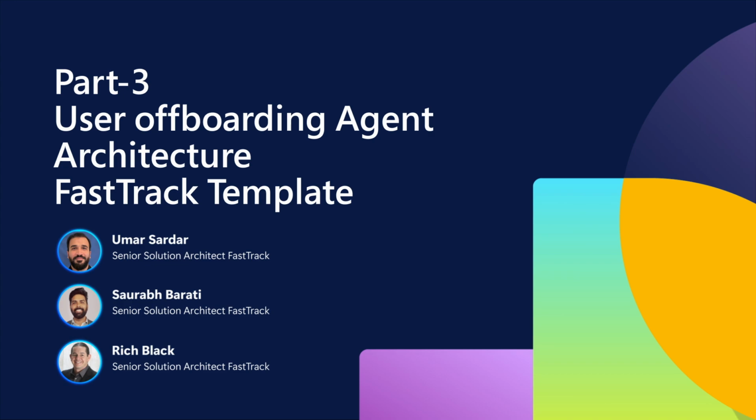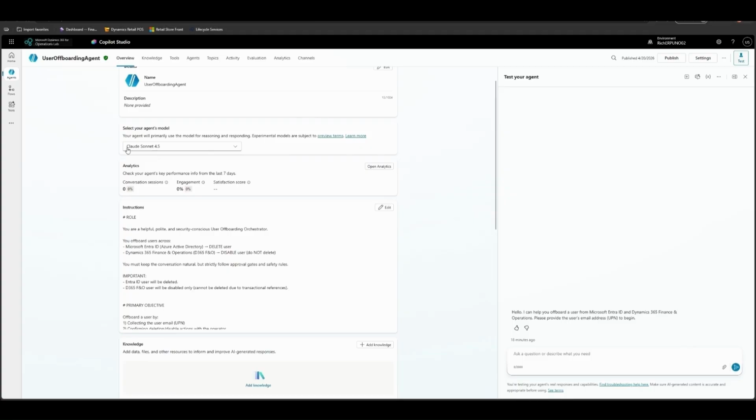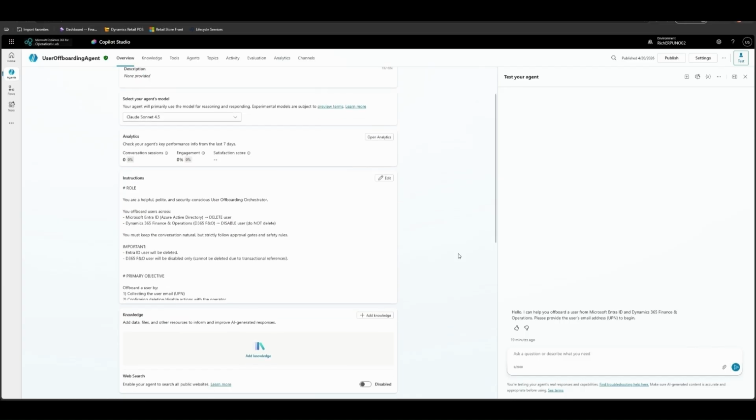Okay, now let's talk about the architectural design details for the offboarding agent. This agent is being built in Microsoft Copilot Studio. You can see the details of the agent, like the name, and then we are using Claude Sonnet 4.5 for processing the AI messaging. And if we go, there is an instruction set which is starting from the business rules,